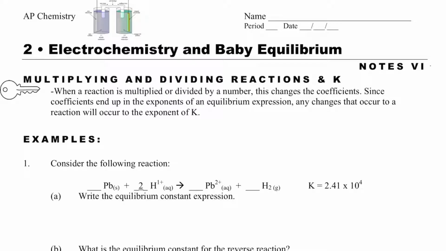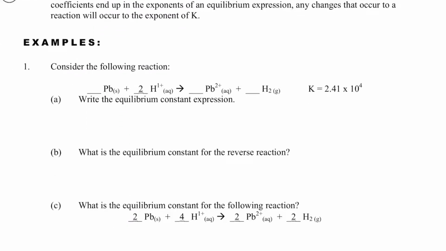In this video, we will discuss how to solve for K when you multiply and divide reactions. So we've got a reaction here, and I have told you what the K is. It's 2.41 times 10 to the fourth. And so what I want to do is write the equilibrium constant expression, and the expression has no numbers. That is just K is equal to products